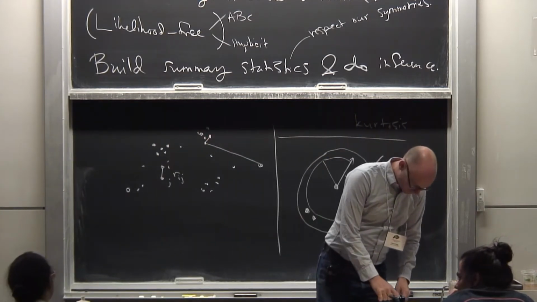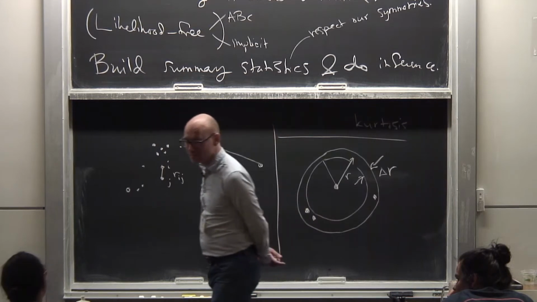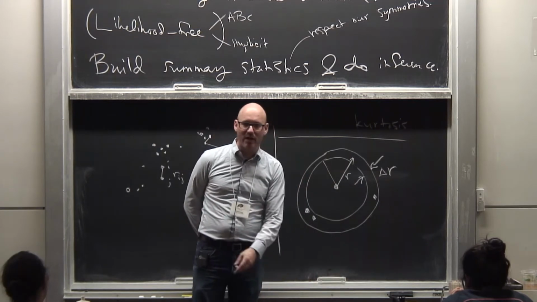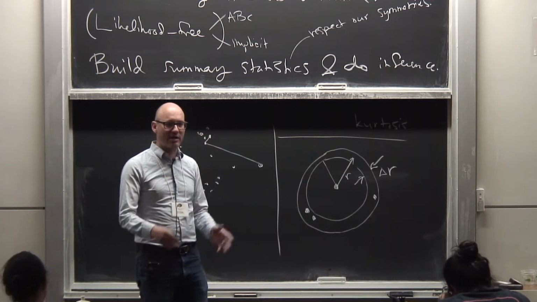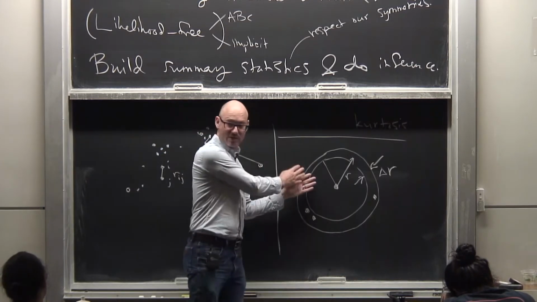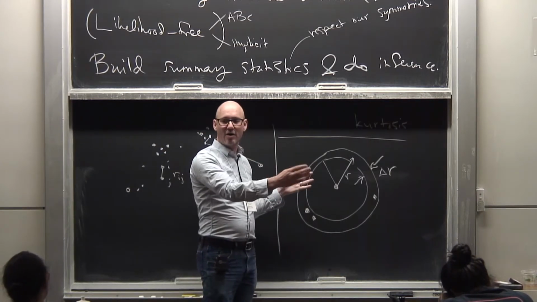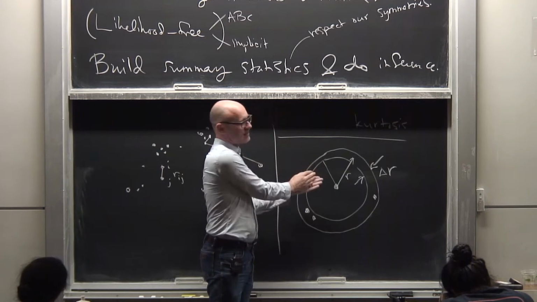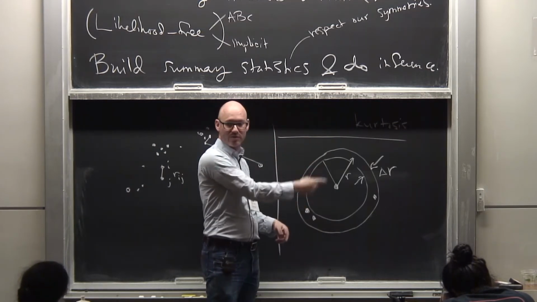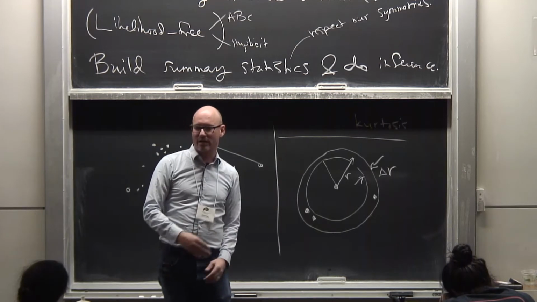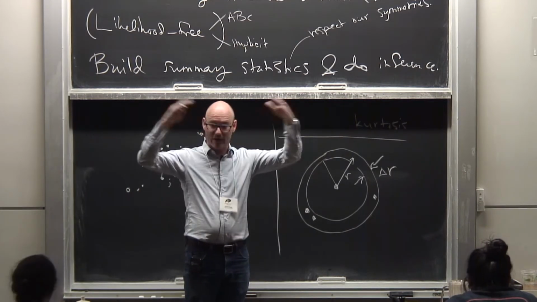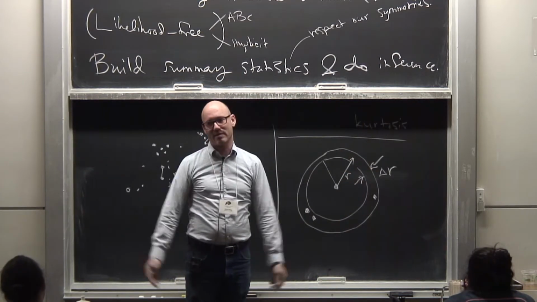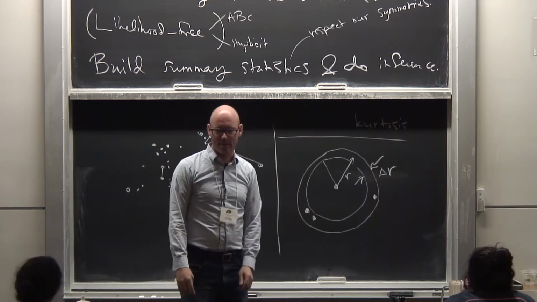Yes? When you do the variance, the 2-point, are you doing a flat ring, or is this actually a spherical shell? Good. The question is, is this a flat ring or a spherical shell? It depends on what scale you're working at. I generally work at small enough scales that the redshift differences are unreliable and the transverse distances are reliable. So we generally project slices of the data down on the redshift direction and just work in 2D rings. But if you work on very large scales, which I do when we measure the homogeneity of the universe, then we do spherical shells in the implied 3D space. So it depends on your problem, what you do.